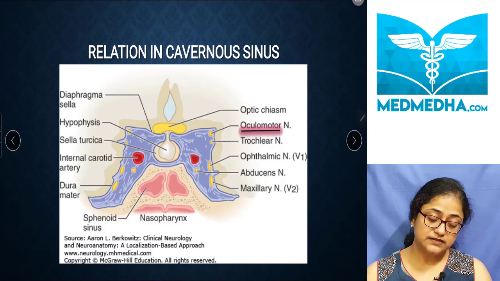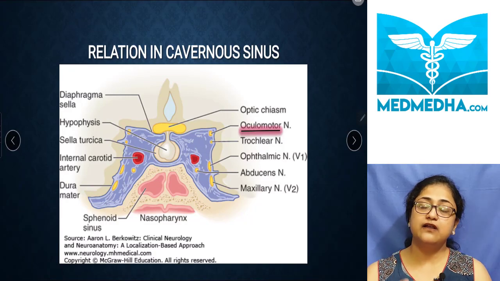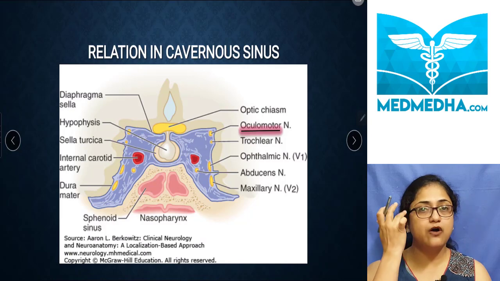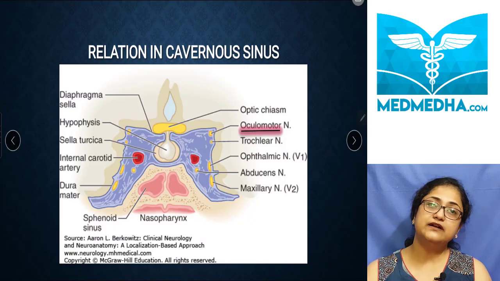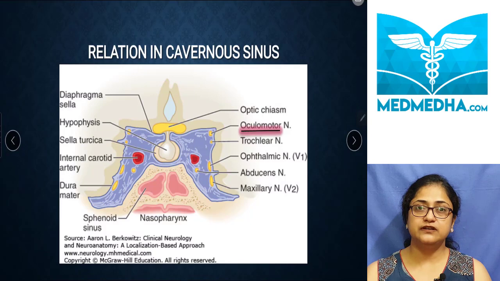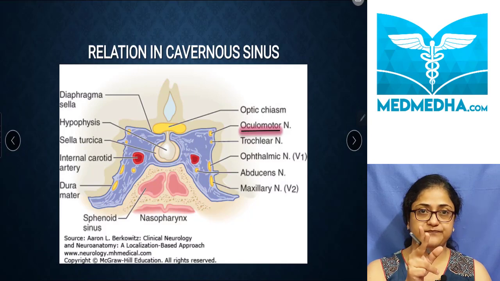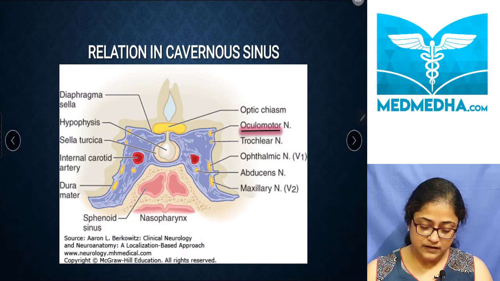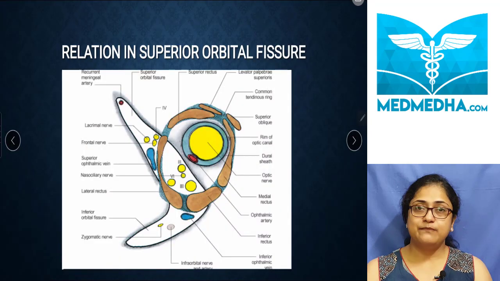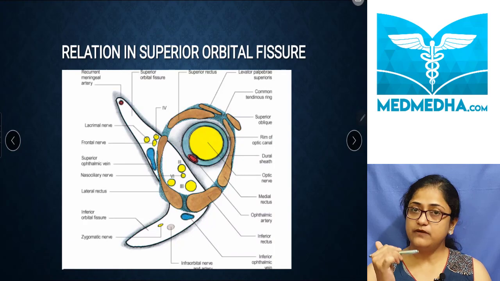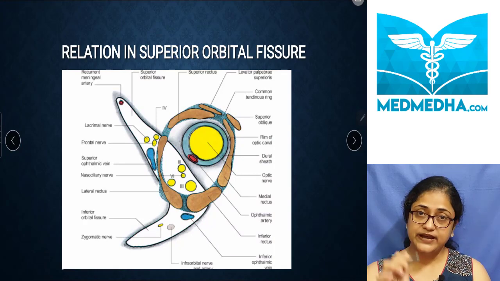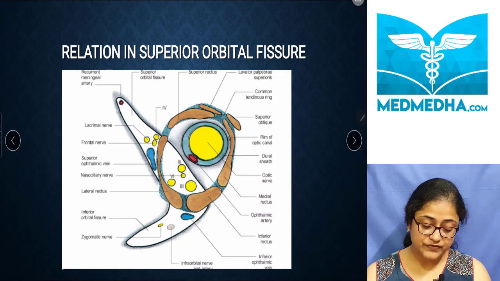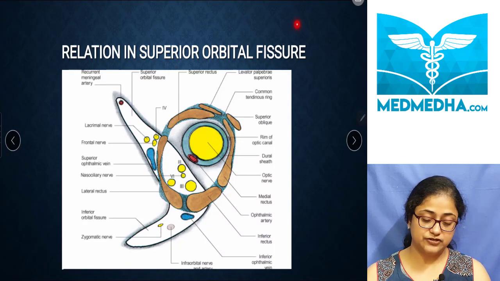Now, as this oculomotor nerve is passing along the lateral wall of the cavernous sinus and going anteriorly, because it has to come to the orbit, in the anterior part of the cavernous sinus, this oculomotor nerve divides into two divisions. There is one superior ramus and there is one inferior ramus. And these two rami will then pass out from the cavernous sinus, and in order to enter the orbit, they enter through a fissure which is known as the superior orbital fissure. So, if you see